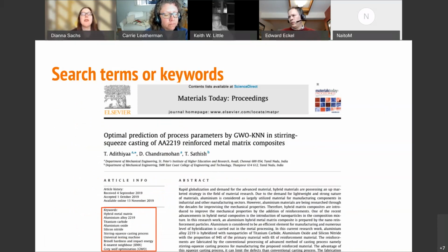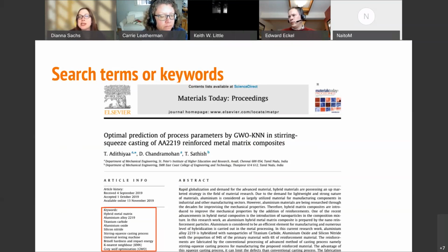It doesn't matter what they're called, but the point is that these are words which have been identified either by the author of the article, by the editor, or in some cases in the databases by the editors of the databases as to what are these key terms that are associated with the article.